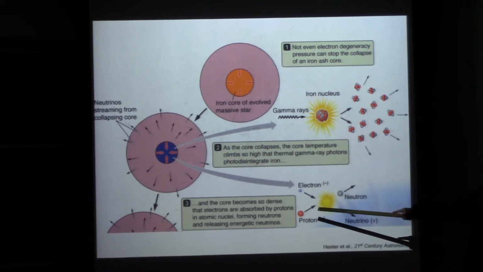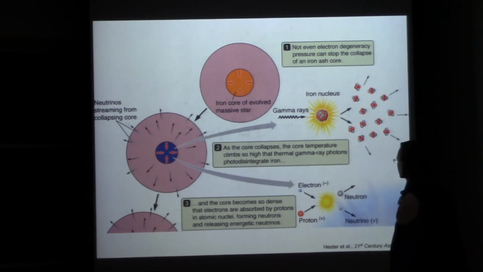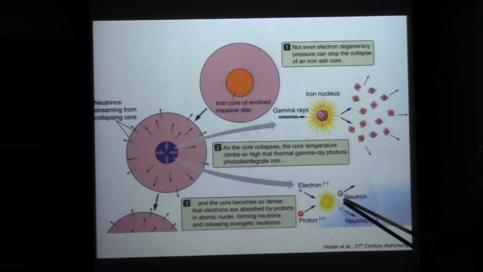And the core becomes so dense that electrons are absorbed by protons in atomic nuclei, forming neutrons and releasing energetic neutrinos. So this is what we call neutronization. So protons can combine with electrons to form neutrons and neutrinos. So this is how you make the neutrons that are going to become the neutron star when you're making a neutron star. And then meanwhile, neutrinos are produced as well in that reaction, and the neutrinos actually carry away more energy than anything